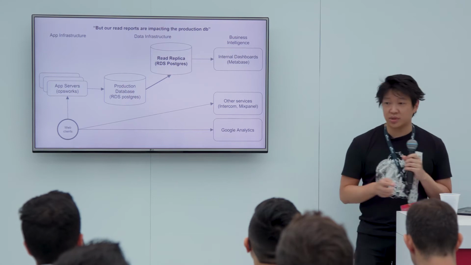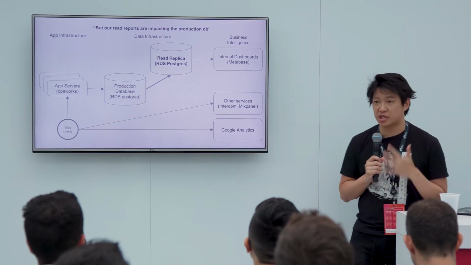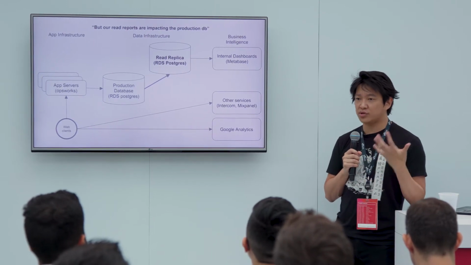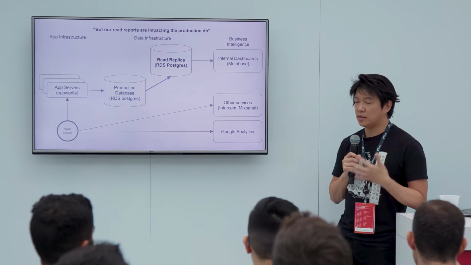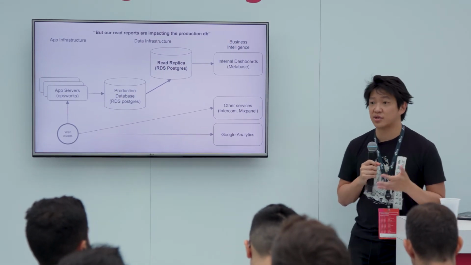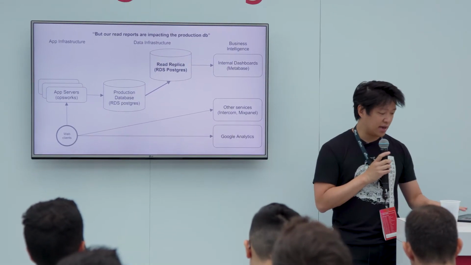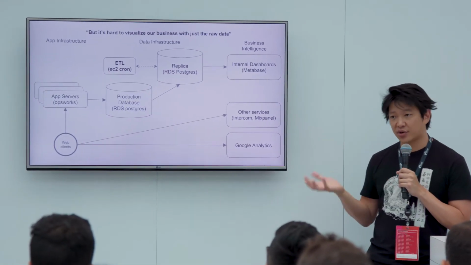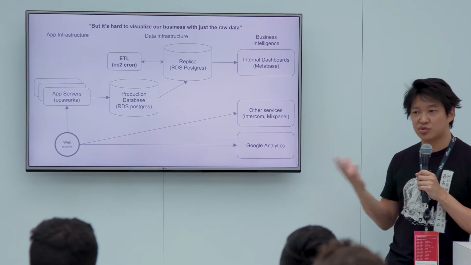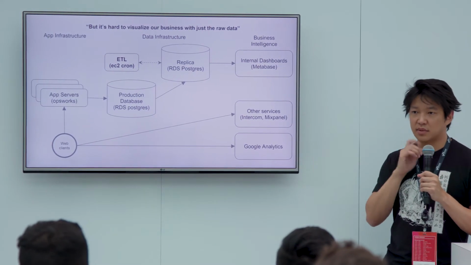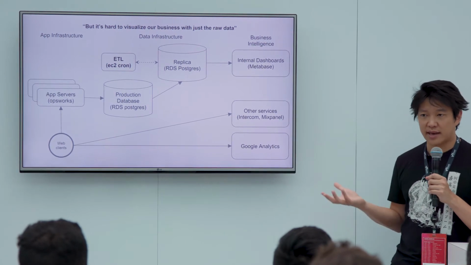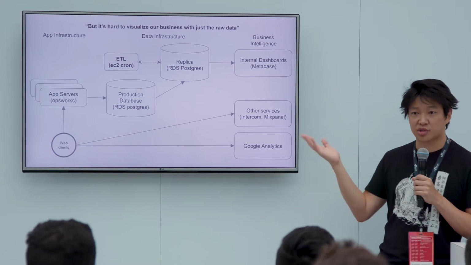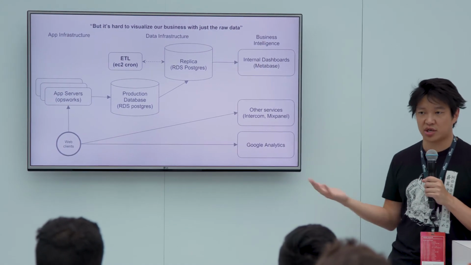So this got us up to a certain point just to keep our traffic off the production database. As your events start to grow, though, you're still going to need to shape your data in ways that are easy to query for these dashboards. And the next thing we introduced was an ETL job that would transform our data, aggregated along interesting facets like user ID and dates, so we can start calculating more complex queries like daily active users, monthly active users, things that were starting to get very slow in just raw queries against our production database joined